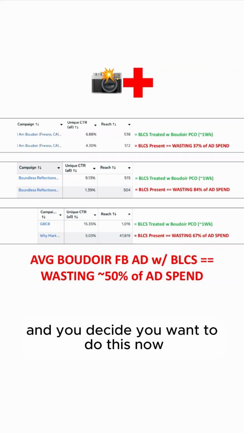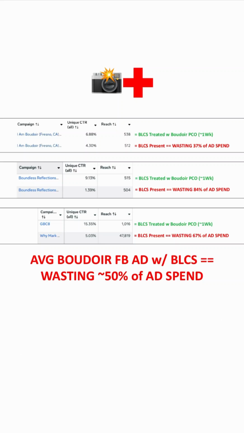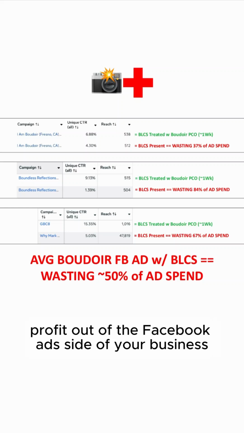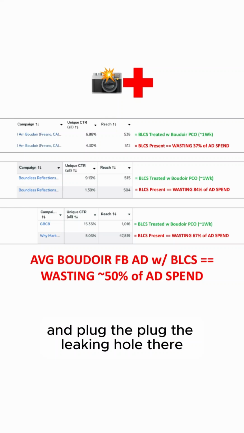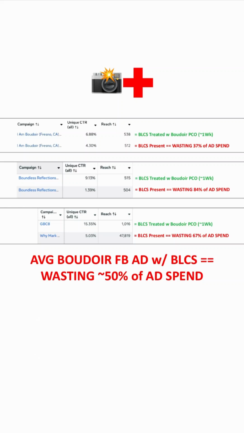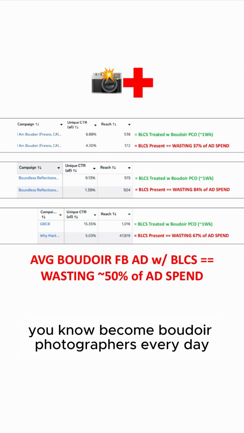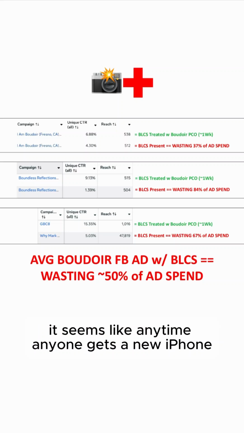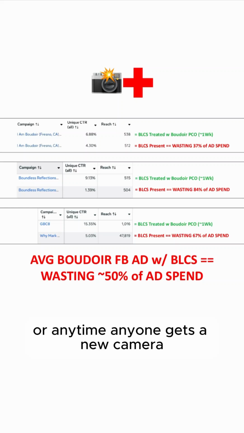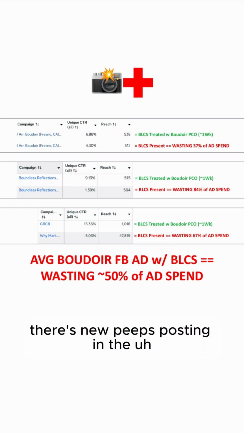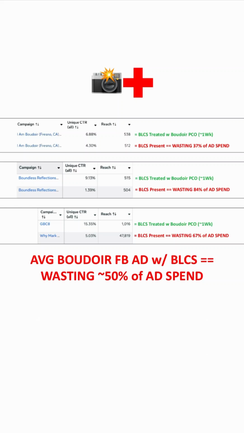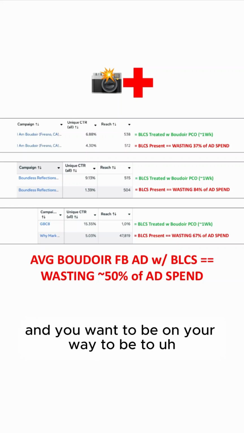And you decide you want to do this now because you've pulled profit out of the other parts of your business. Now you want to optimize profit out of the Facebook ad side of your business, plug the leaking hole there, because you recognize more women are becoming boudoir photographers every day. Seems like anytime anyone gets a new iPhone, there are new Google My Business profiles going up, or anytime anyone gets a new camera, there are new peeps posting in the mom groups for boudoir that they offer boudoir shoots now. And you want to be on your way to be